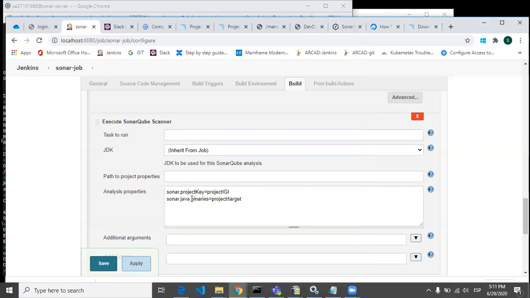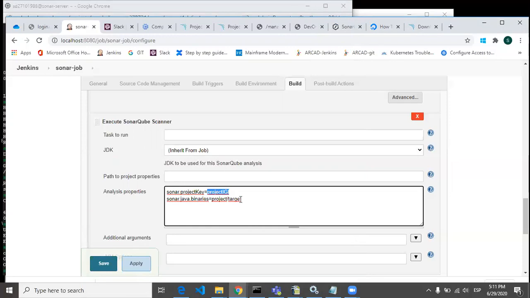Then I have given sonar.projectKey and sonar.java.binaries. These things you need to give. The project key is mandatory, so you can give any name for your project. You have to tell SonarQube where your binaries are, so that it will go to that binaries path and analyze your code.